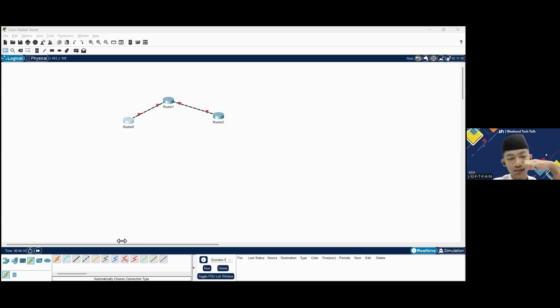First you can type the short way to use enable and configure terminal.